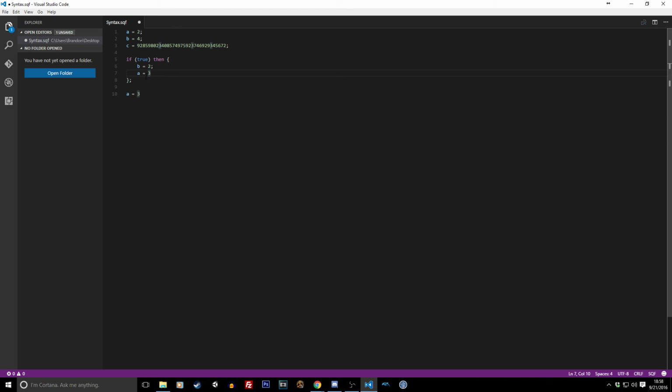Blocks of code are statements that are grouped together within curly braces. And last but not least, every statement typically goes on its own line. You can put these statements on the same line, like that, and it is perfectly valid because of that semicolon. However, it's kind of an unwritten rule that every statement goes on its own line. And that's essentially it. That's the basic sticks and stones of SQF syntax and SQF rules: statements end in semicolons, they go on their own line, and statements can be grouped together in blocks